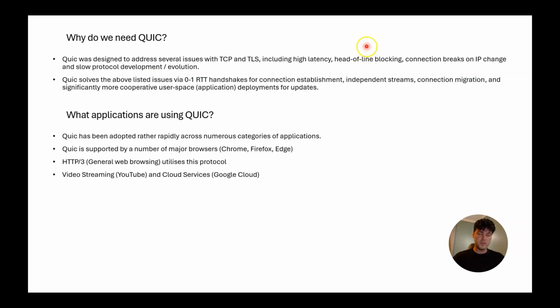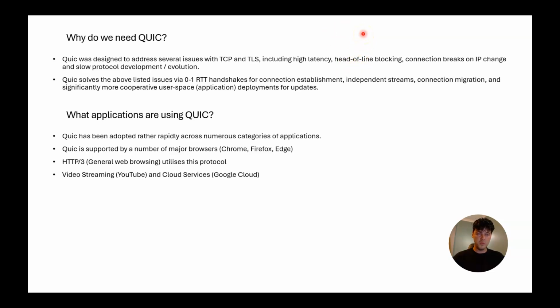Head-of-line blocking sort of refers to the way that TCP streams data, so it's an ordered stream. So if the segment at the front or a packet at the front of the first segment is having an issue and needs to be retransmitted, that's going to cause a delay in subsequent segments, even if the subsequent segment's